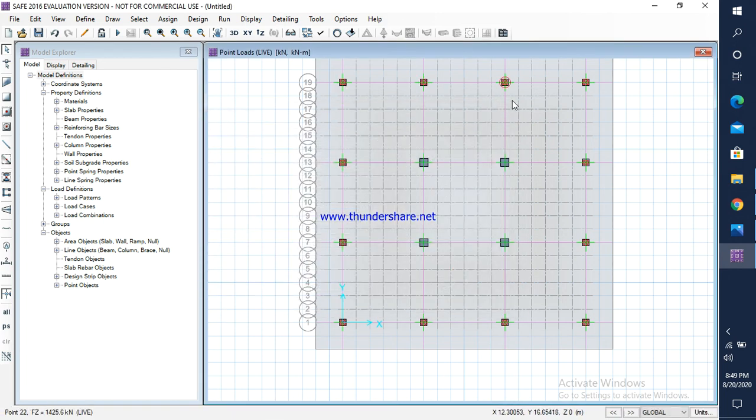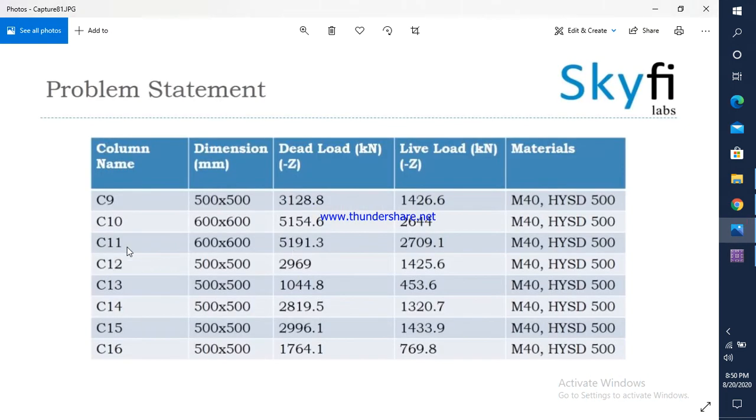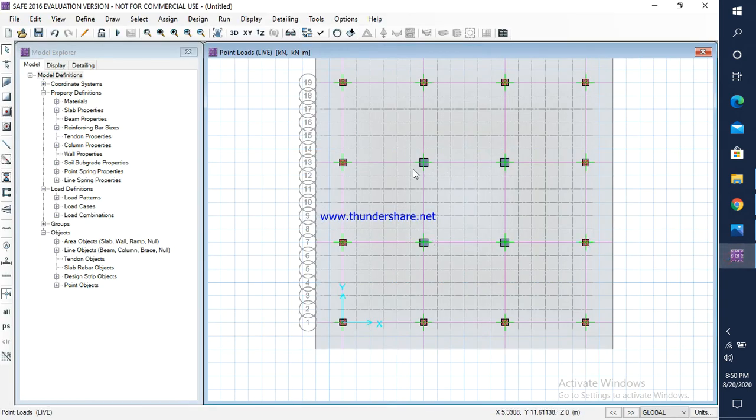After giving dead load, live load for 500 cross 500 column sections, we need to give the dead load, live load for 600 cross 600 column section, that is C6, C7, C10, C11, for these four middle columns. C6,